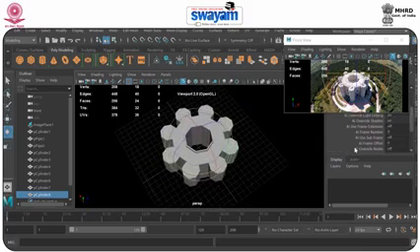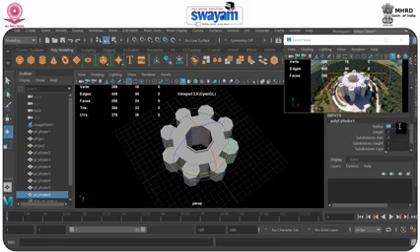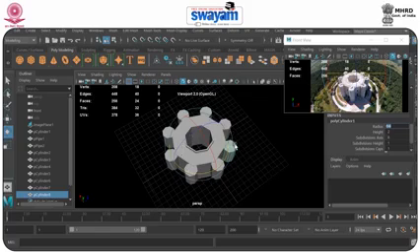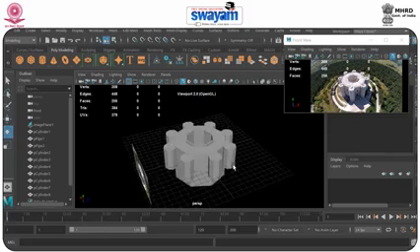Now here, if we modify the input node of any of these objects, automatically the entire cylinder radius is going to be changed. Why? Because we had chosen here the instance option.